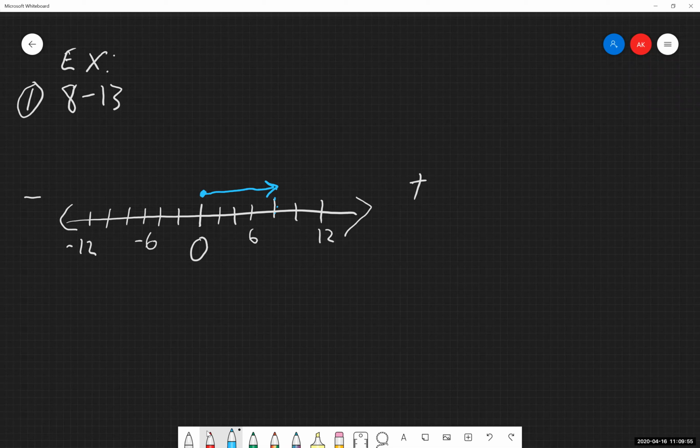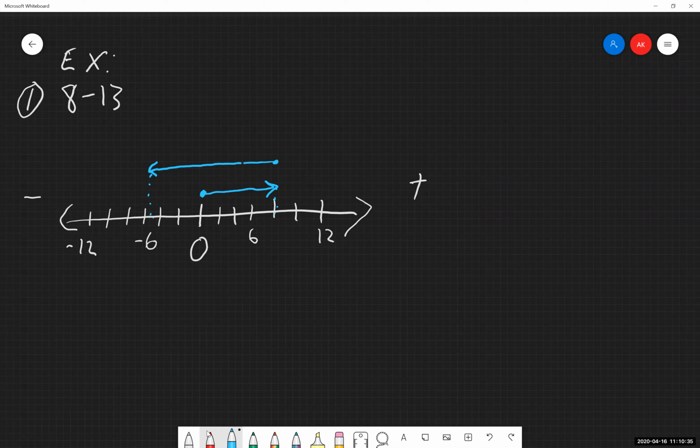So now we are subtracting 13 from where we are here. So using vectors, we are going to start from where our last vector ended, and then go in the respective direction that many units. Looking at the negative 13, I'm going negative by 13 units. So I'm going over, 2, 4, 6, 8, 10, 12, so I'm coming over to about right here, and then roughly about in there.